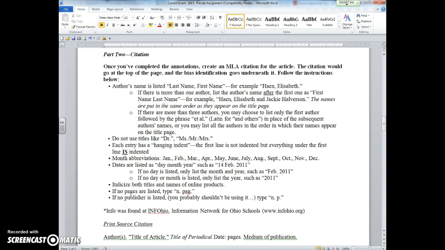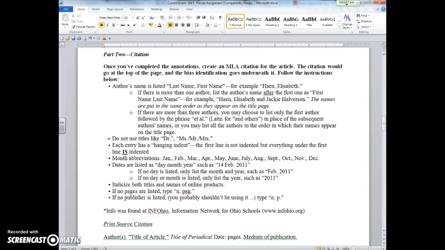Not to mention that citations are something that are used by all readers, including yourself. You might not use them right now, but once you start doing more research, you will be using citations to your benefit. And so citations are required, and there are obviously points associated with this. Just like there are points associated with the annotation, there are points with the citation. If the citation is incorrect, then you will not receive full credit.